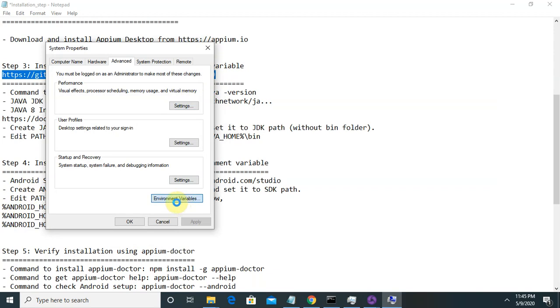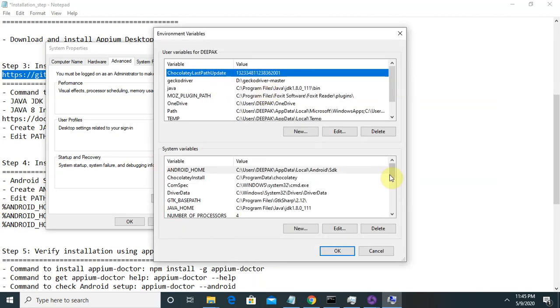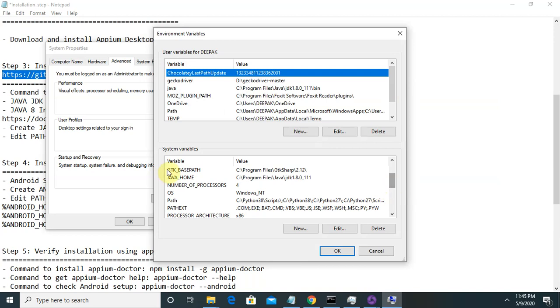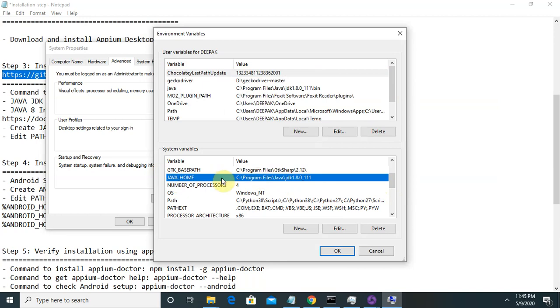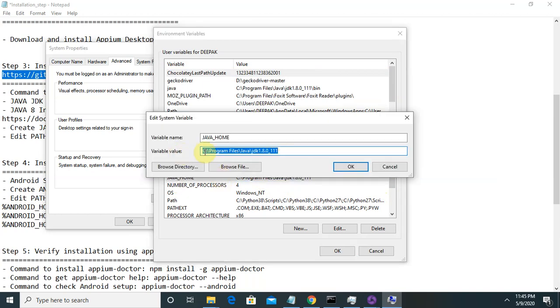Just click on environment variables and enter your variables. As you can see, I have added Java Home and the path. For adding the path, you just browse from your directory. Once you click on browse directory, it will go to the folder where your Java is installed, and you can add JAVA_HOME in uppercase.